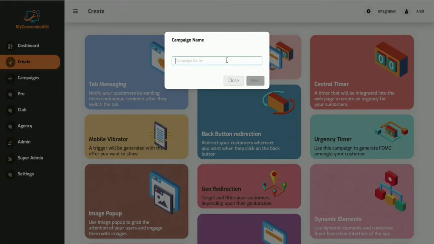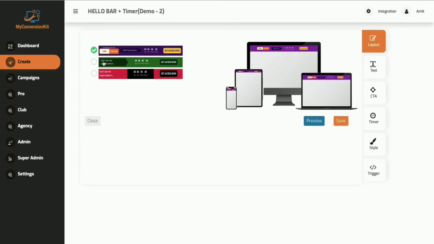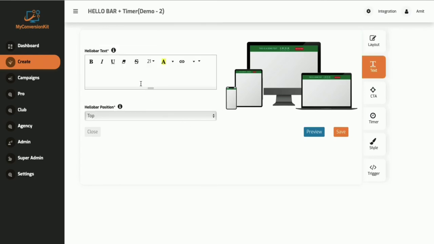Hello bar plus timer. First name it. Here we have three different options in the layout section. You can choose whatever you want, and I'll go with this one. So in the text section, we'll add hello bar text. Hey there, that's a hello bar.